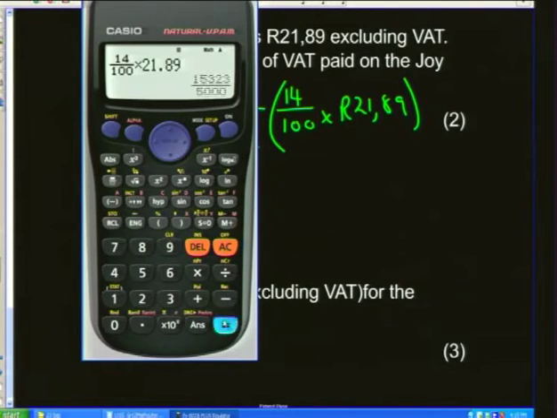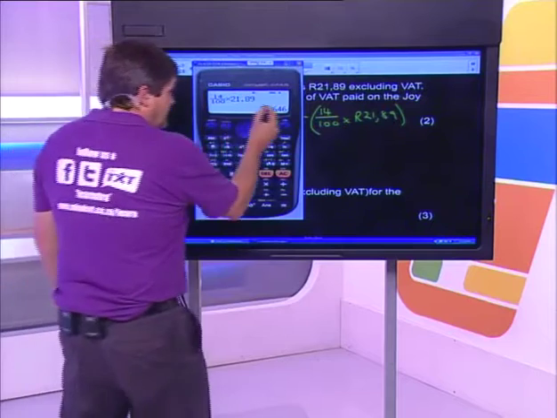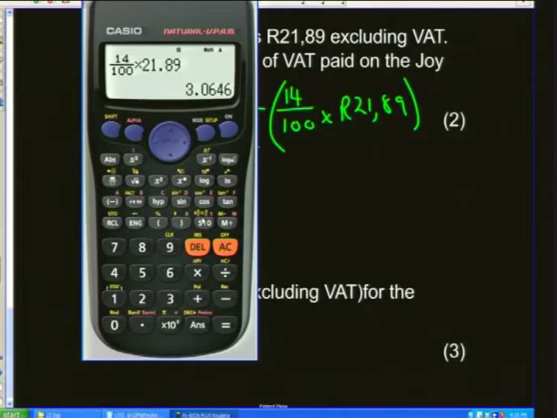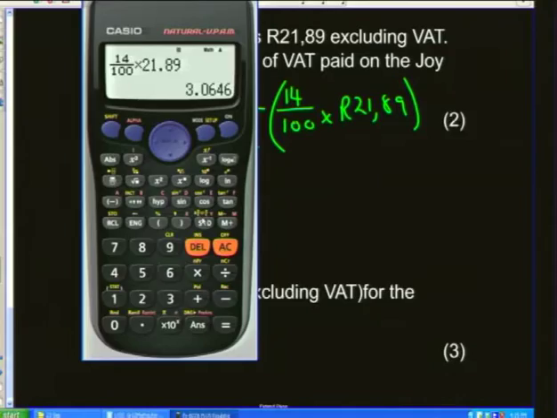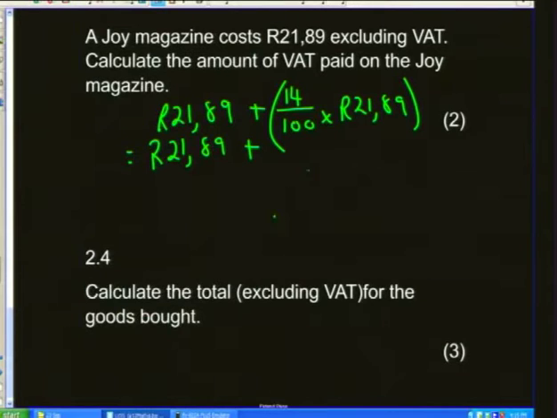Okay, equals, and I get an answer of 3,0646. Now remember we spoke about that. How many decimal places do I have to round to? Okay, 2 decimal places. So 3,0646 becomes 3,06. Why? Because that 4 is a low number. It's lower than 5. So the 6 stays as it is. It's not going to become 3,07. So 3,06 it is. So 3 Rand